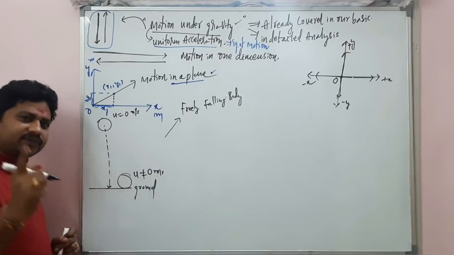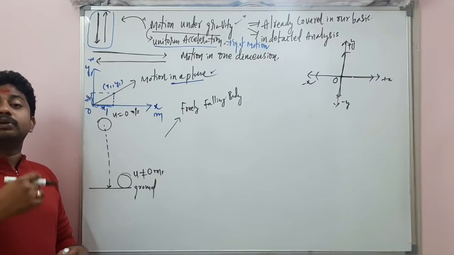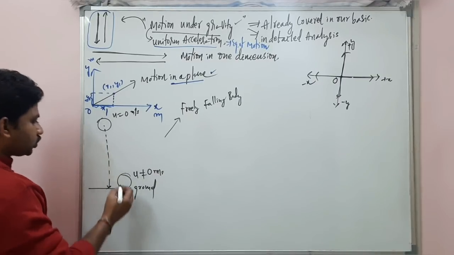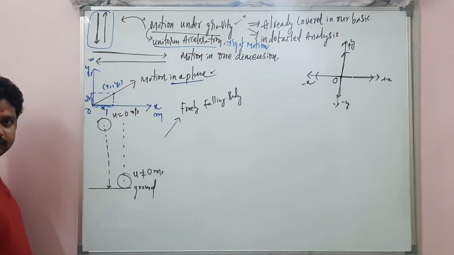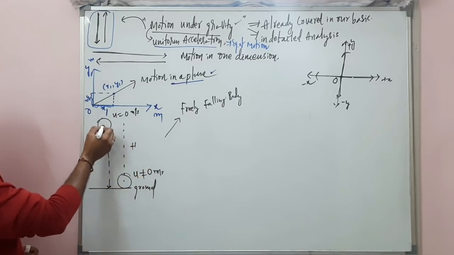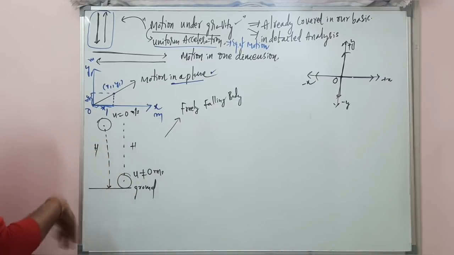That means there is some value, maybe 1 meter per second, 0.5 meter per second, 2 meter per second, 20 meter per second, whatever it may be. So the body is thrown up to some height H. Here also, the body is dropped from some height H. In both the cases,